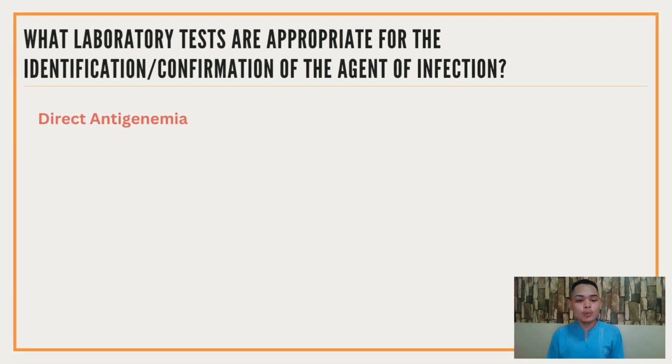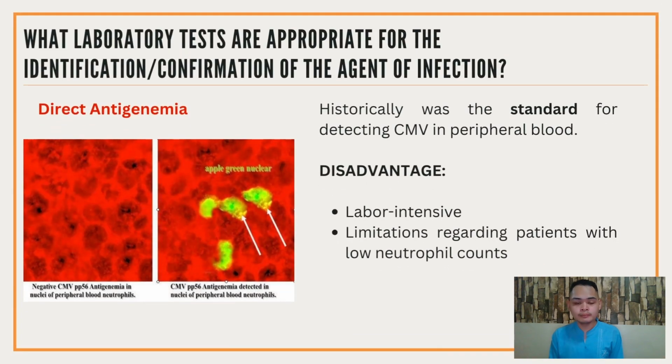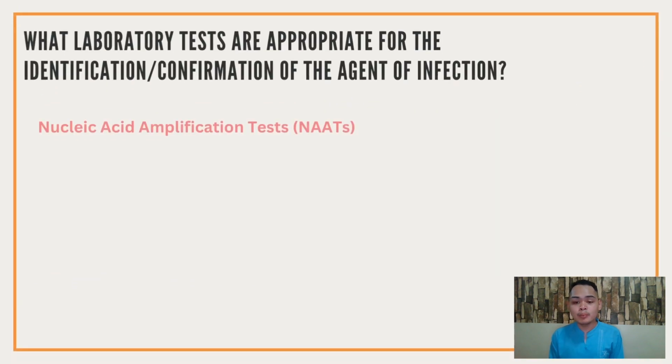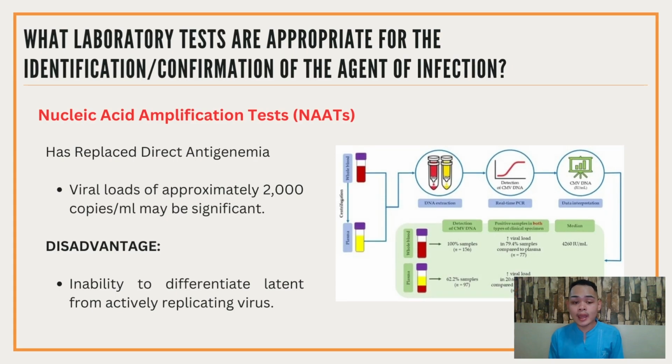Second, we have direct antigenemia. In the context of detecting CMV in peripheral blood, direct antigenemia was historically the standard one, especially for post-transplant patients. However, it is labor-intensive and has limitations regarding patients with low neutrophil counts, and it led to the replacement by the third and the most appropriate test for CMV, which is the nucleic acid amplification test, or NAATs for short,